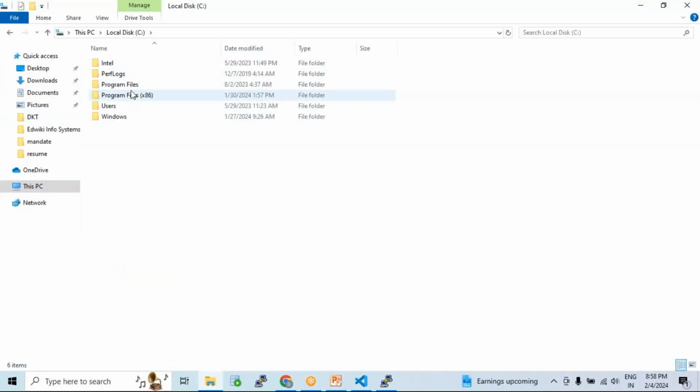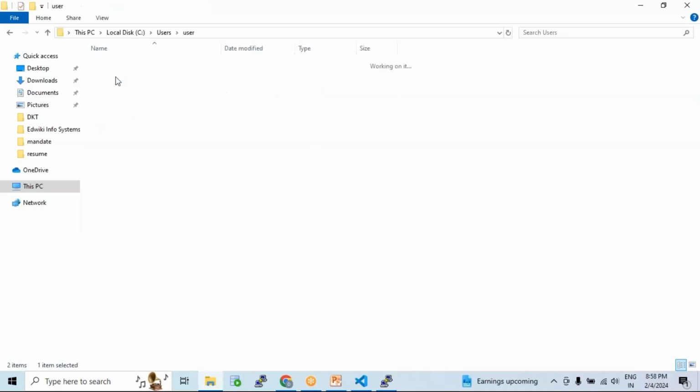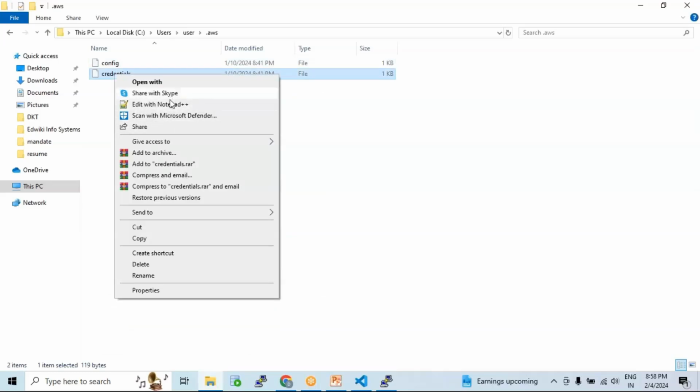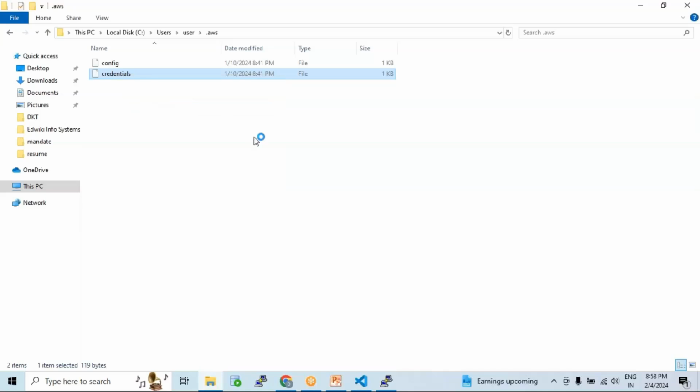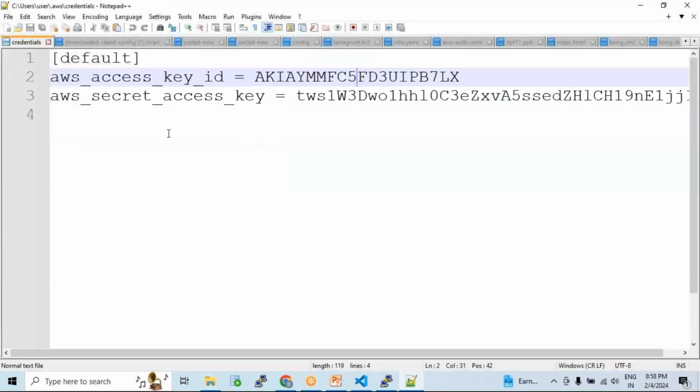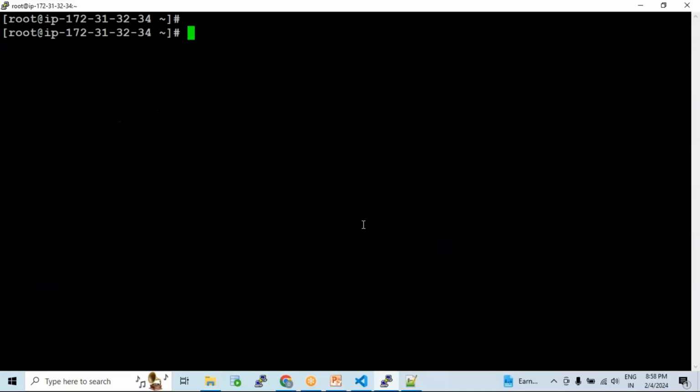So, but I need an access key and the secret access key, right? Following me? So the credentials that I have used in my local system, I'm going to use the same credentials. I'll keep these credentials in my EC2 as well, because I need to use the same credentials in order to